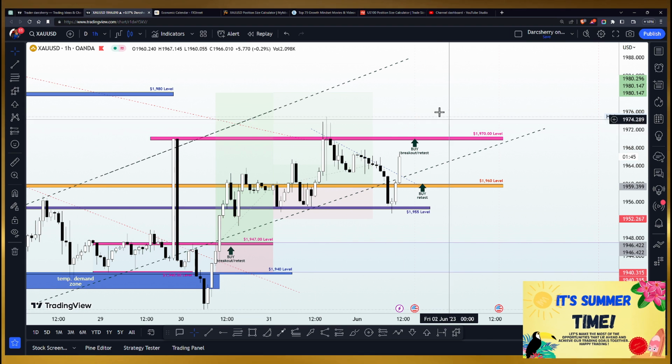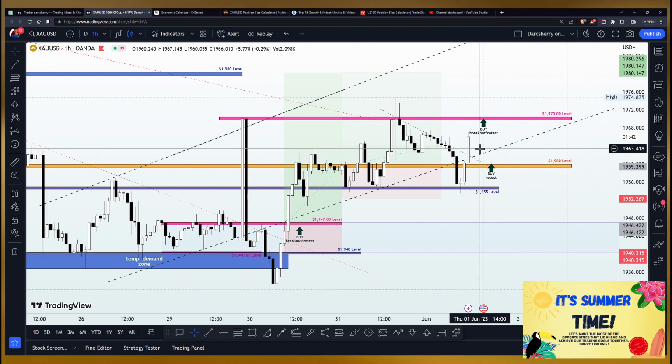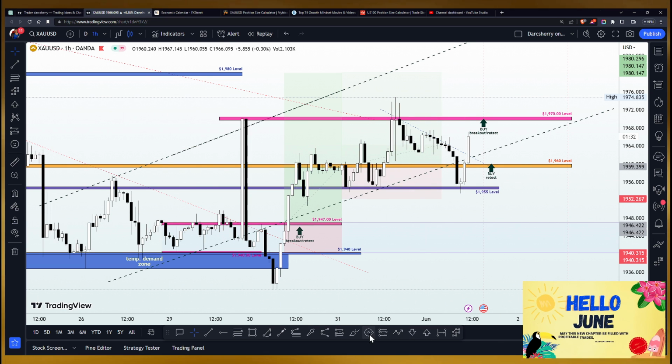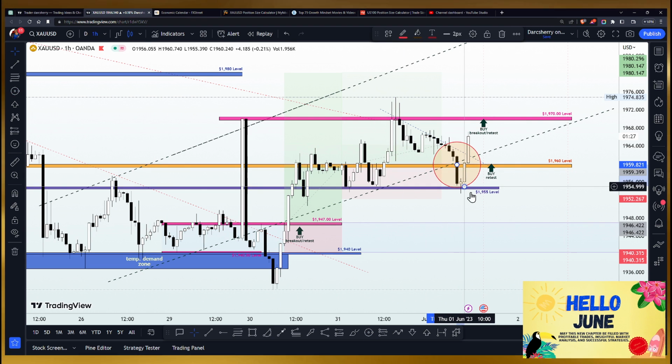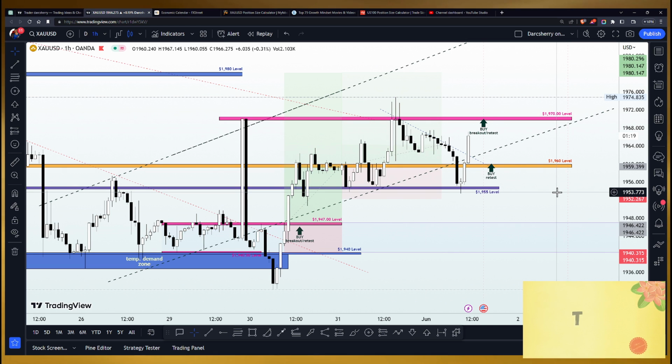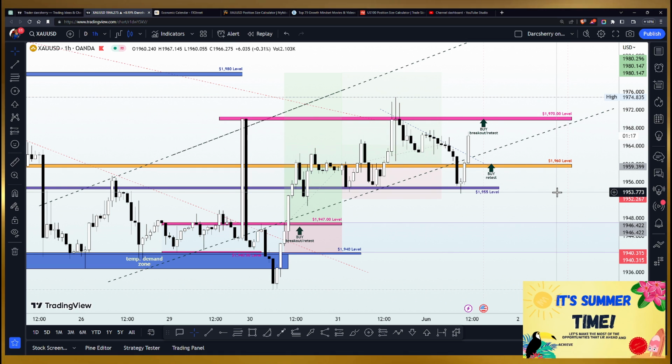Now, in as much as we are looking out for buy opportunities in this market, we want to also consider the potentials that the sellers have too. As you can see, since the beginning of the week, we've had a couple of breakdowns of our bullish trend line. We had the first one here on Tuesday, and we had the second one during the early hours of today, which is a clear sign that sellers are struggling to take over the market from the buyers. And now, it would be reasonable for us to also consider what we want to look out for on this chart that will make us feel bearish in this market.